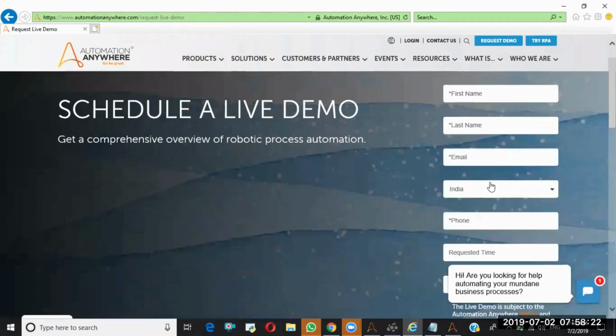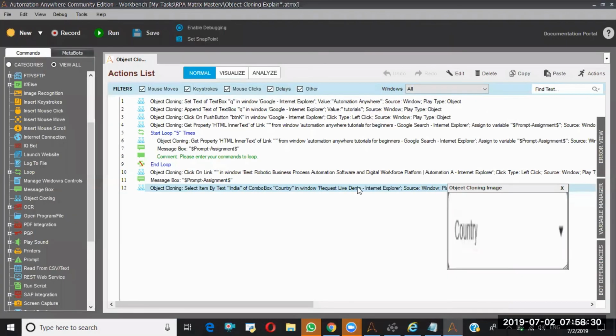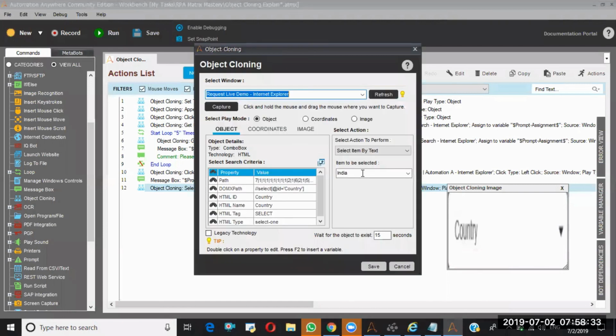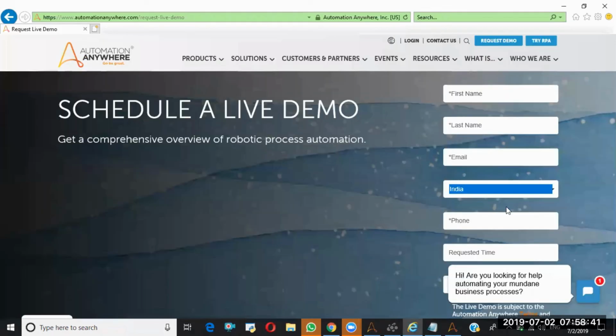See, it's kept India. Now I'll say Iceland. Right? Iceland. Save. As of now, it is India only here.